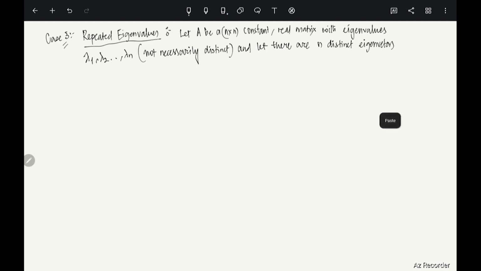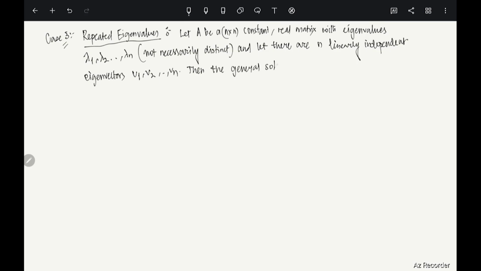Not distinct, n linearly independent eigenvectors given by v1, v2, vn. Clear? Then the general solution,